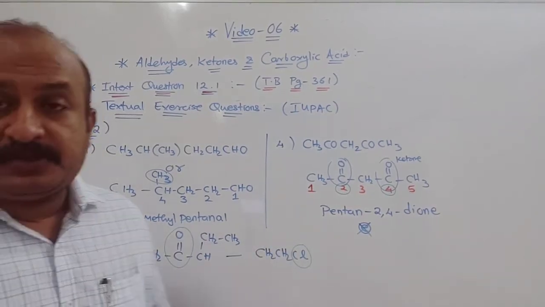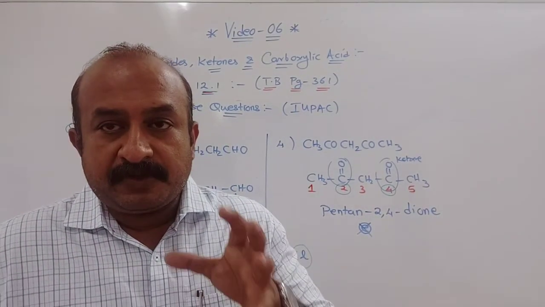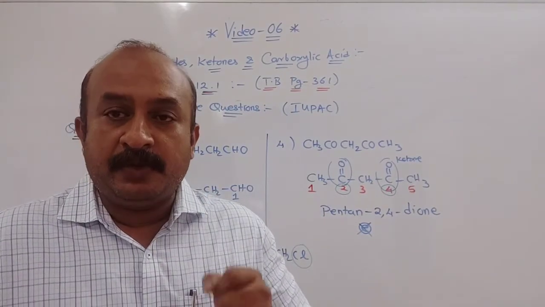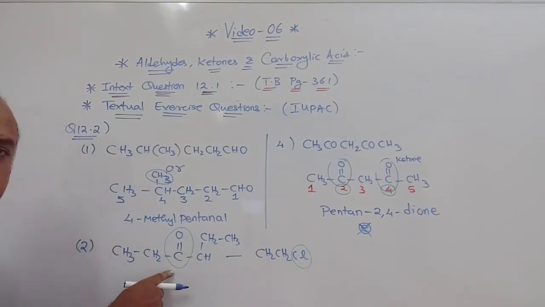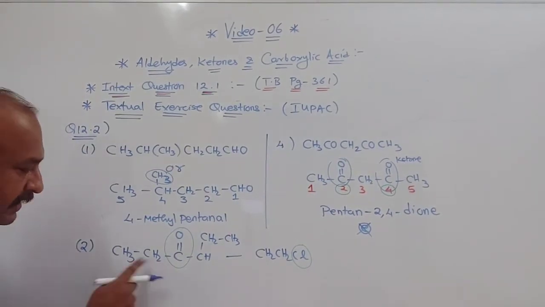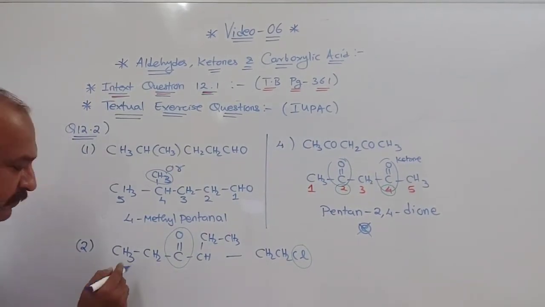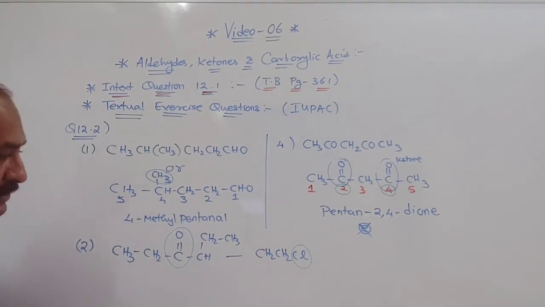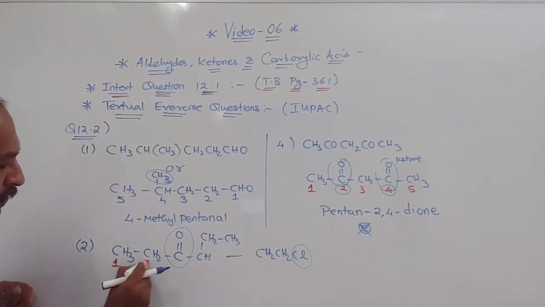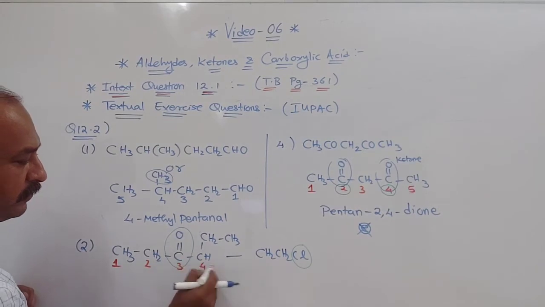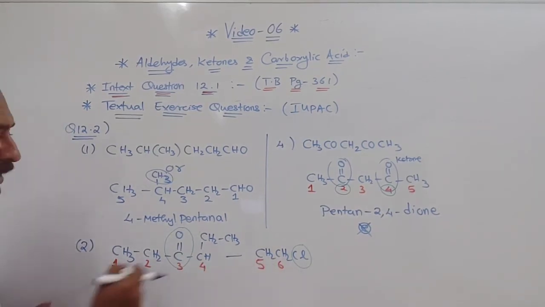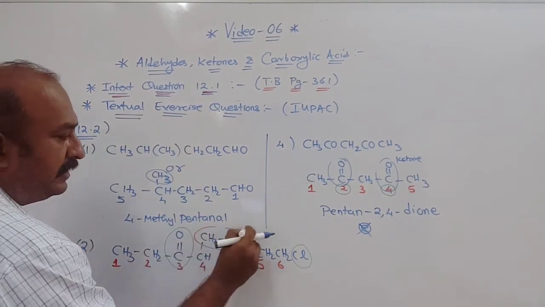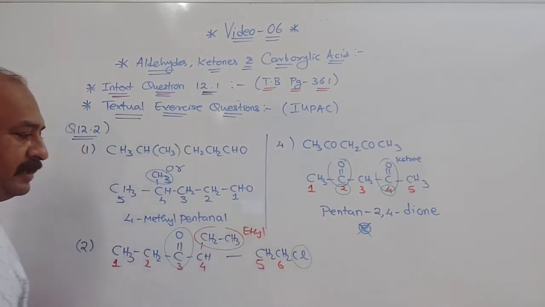Now in 11th standard you have studied that there is a functional group order, and the first preference must be given accordingly. So in this case the first preference is given to ketone. So I number from which side? From left to right. So while numbering you will see the numbers will be like this: 1, 2, 3, 4, 5, 6. Means at the 6th position chloro is there. Now this is your ethyl group. Which group is it? Ethyl.